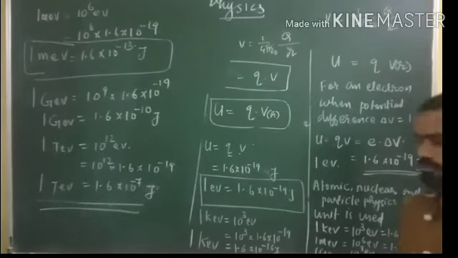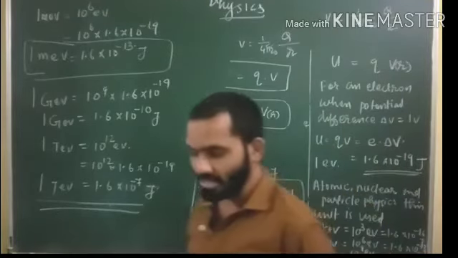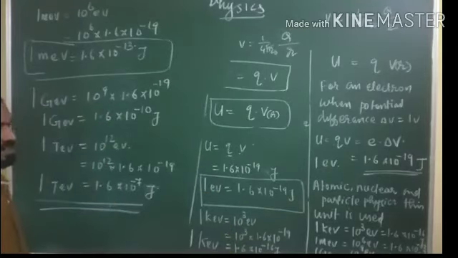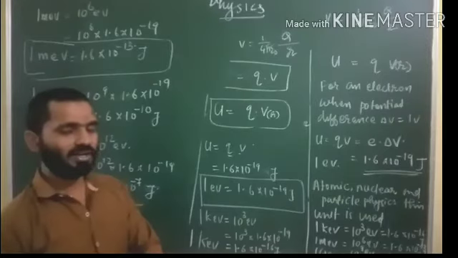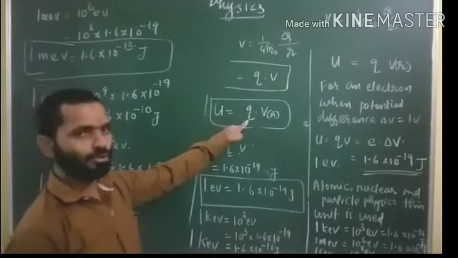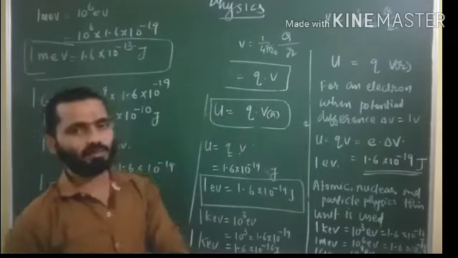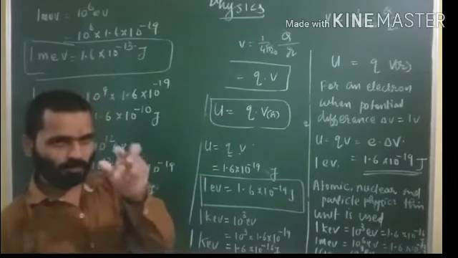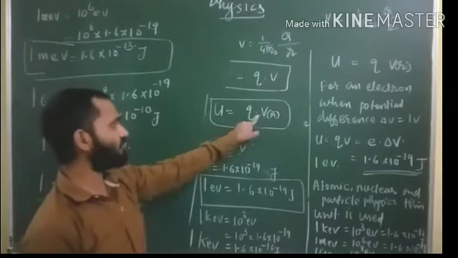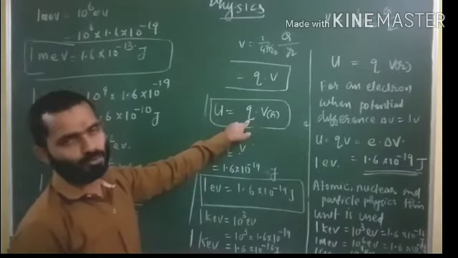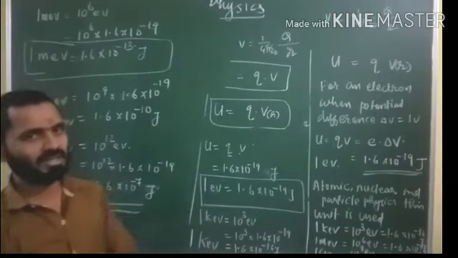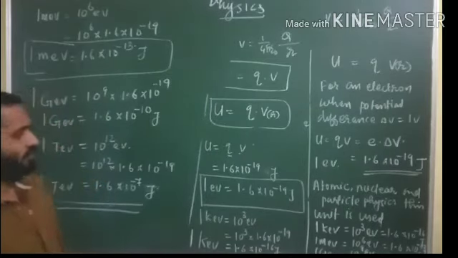Okay. So this is the potential energy of a single charge. Very simple, students. One single charge is placed in an electric field, then how much will be the potential energy? The potential energy will be equal to that charge into the potential difference at that point. That potential difference into Q will give the potential energy of the charge placed at that point. So this is one of the equations, students.